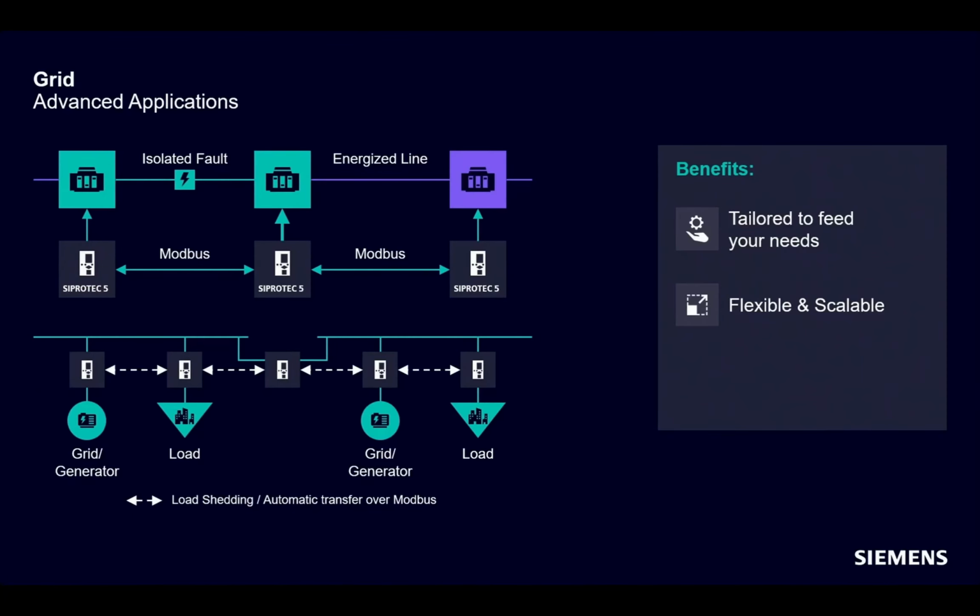SIPROTEC does not only contain a Modbus client, but also includes a Modbus server feature. This allows a unique opportunity to establish device-to-device communication inside a substation, or even between substations. Combined with the advanced CFC-based logic control capabilities, this allows a SIPROTEC 5 device to act as an advanced controller that can orchestrate control applications. An example of a grid-wide application could be a distribution automation application where 7SX800 devices